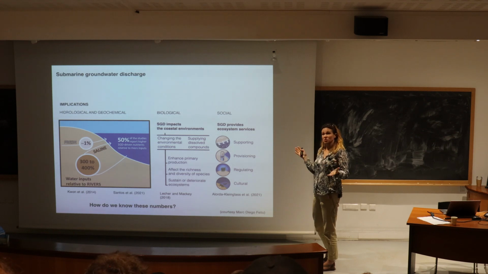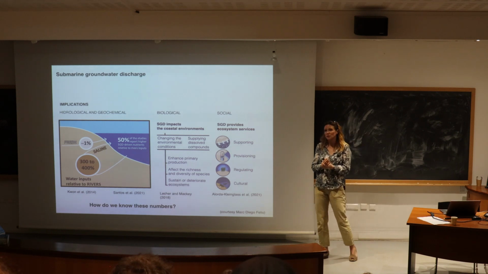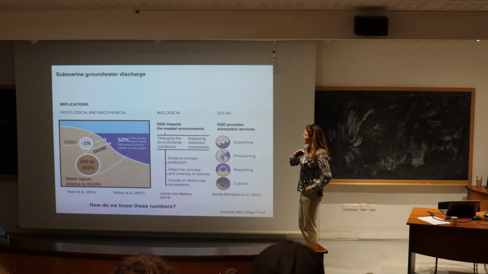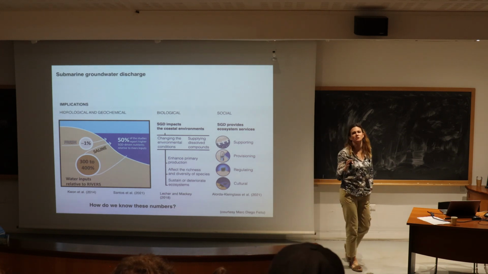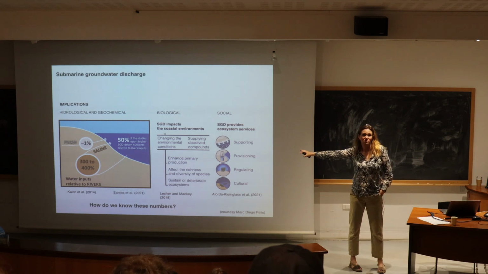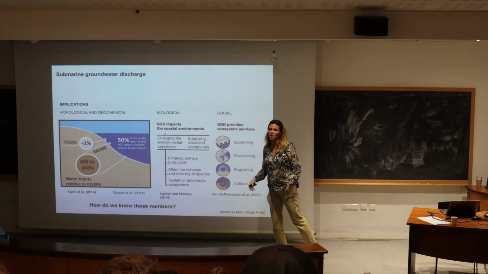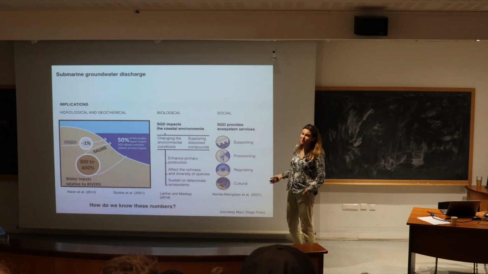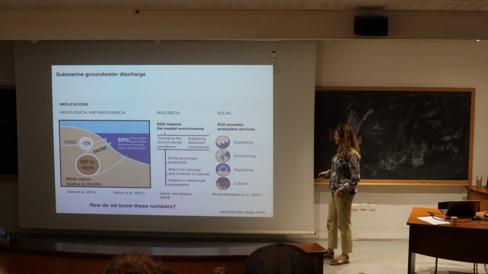What's the balance of fresh discharge versus salty discharge through the bed? You can imagine that matters a lot for chemistry, things like nutrient recycling, nutrient regeneration, and then also contaminants moving from onshore to offshore. It turns out that the fresh component of discharge offshore we think is about 1% of the total fresh water flowing from rivers to the coast. So for every 100 units of river discharge, we think that there's about 1 unit of fresh groundwater discharge along coastal zones, and then that the saline fluxes are hundreds of times more than that. And all of this is really important for different ecosystem services.